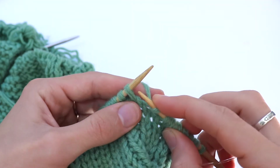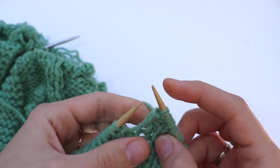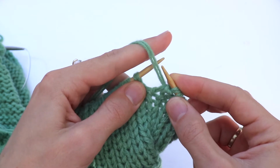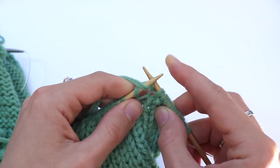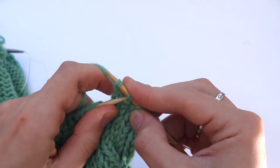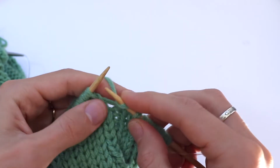So we start with the reverse yarn over and knit the next stitch, slip this reverse yarn over this knit stitch. This is the first step. Then we have a purl stitch. So I make a yarn over, just a simple yarn over, purl, then slip yarn over this purl stitch, and then I have the previous stitch and I slip it as well over the last stitch, and again reverse yarn